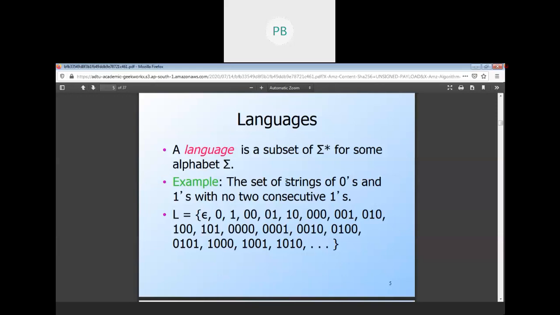That means there is a superset, suppose Sanskrit or Devanagari. From this, we are extracting something and we create our own.